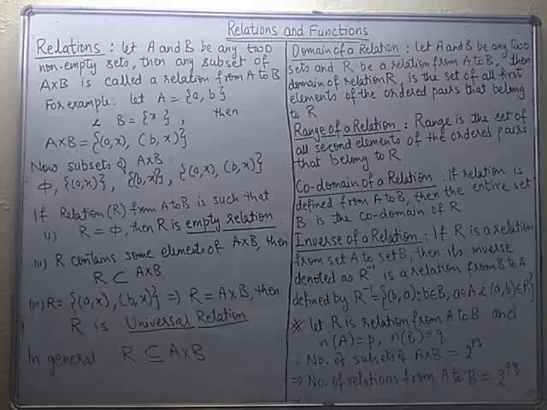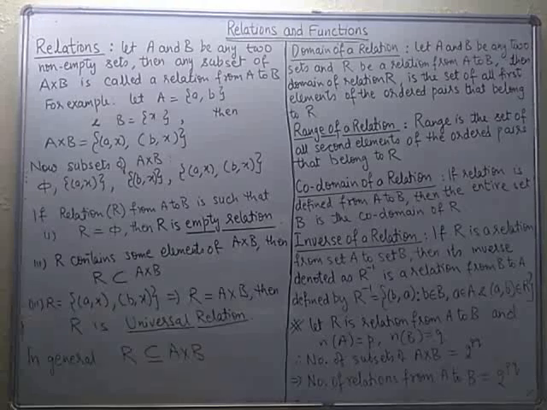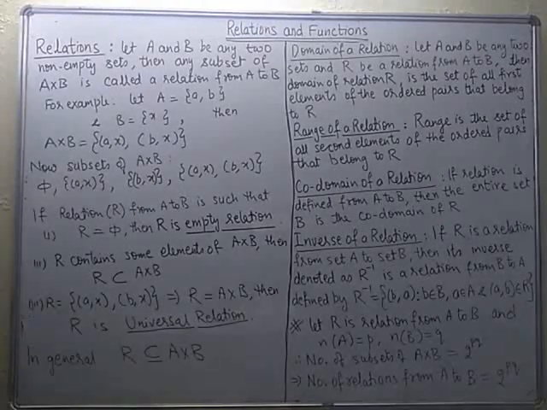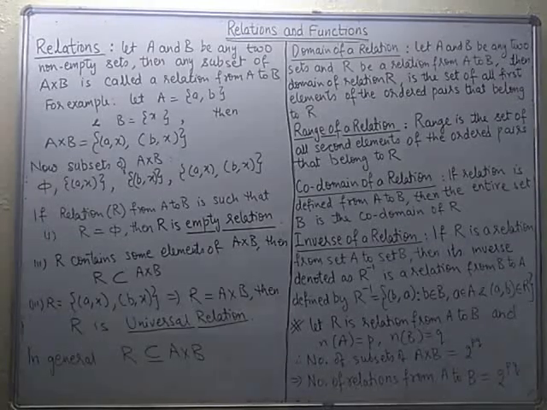If we take two sections of class 11, suppose section A is having 10 students and section B is having 5 students. Say boys of section A and boys of section B. If I ask you to team up the students of section A with the students of section B, then you can pair according to your convenience any two. But within this, if I say the pairing is to be done keeping in mind that the boy in section A is brother of the boy in section B, then what will happen? Maybe you will not find any such pair, or maybe you will be able to locate some pairs satisfying this